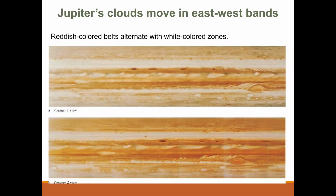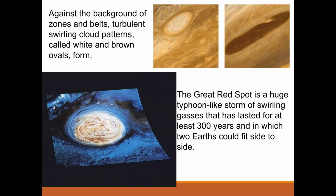So one of the notable features on Jupiter are these bands. Our bands here are moving east to west, and you can see how these really differ between some white regions over here and our darker orangey regions over here. So against these backgrounds, these zones or belts are turbulent, spinning, swirling cloud patterns, as you can see here. And this is going to be due to how fast Jupiter spins in comparison to other planets, which is why we get these aggressive storms